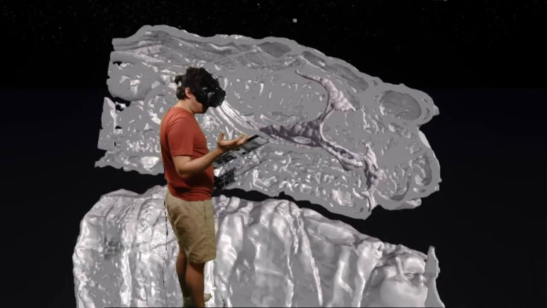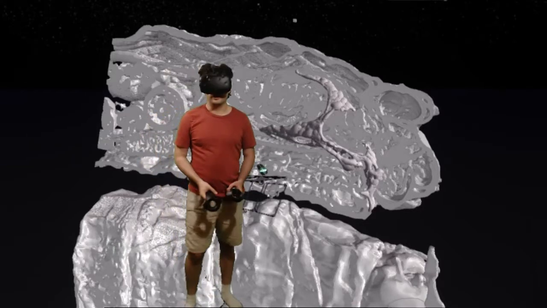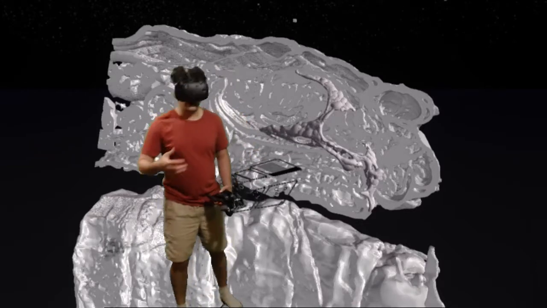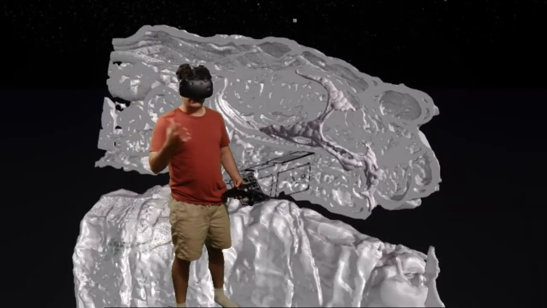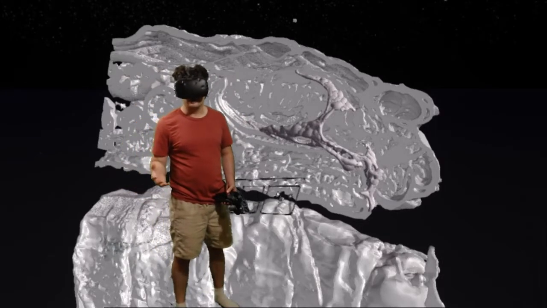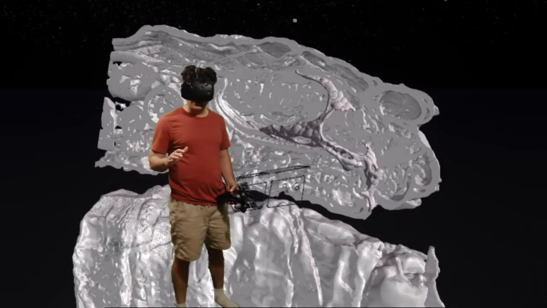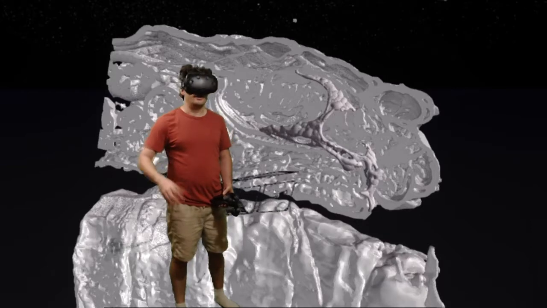Now, why am I talking about the fly? Why am I talking about Drosophila melanogaster and showing you a model? Well, that's because the fly itself is a model organism. And what does that mean? A model organism is an organism that sits in a kind of a sweet spot of complexity where it's complex